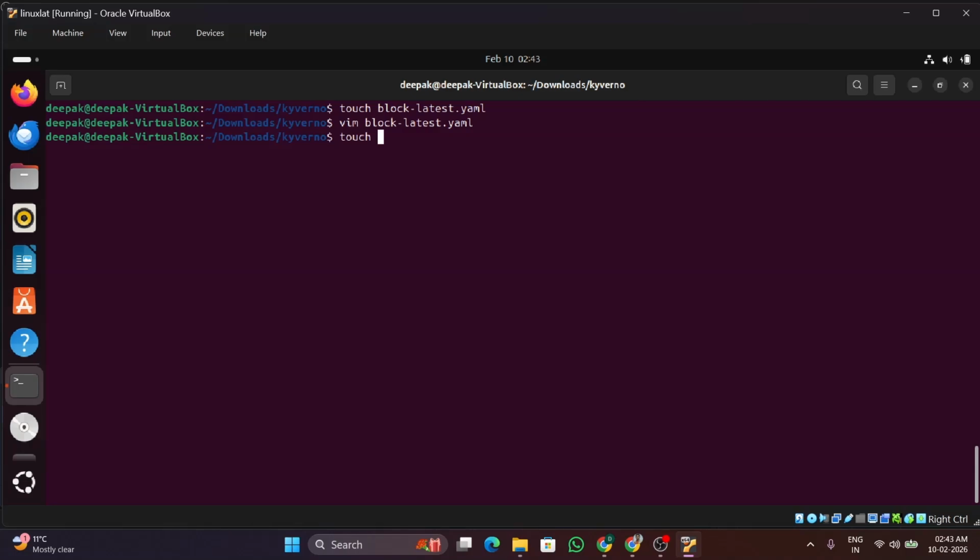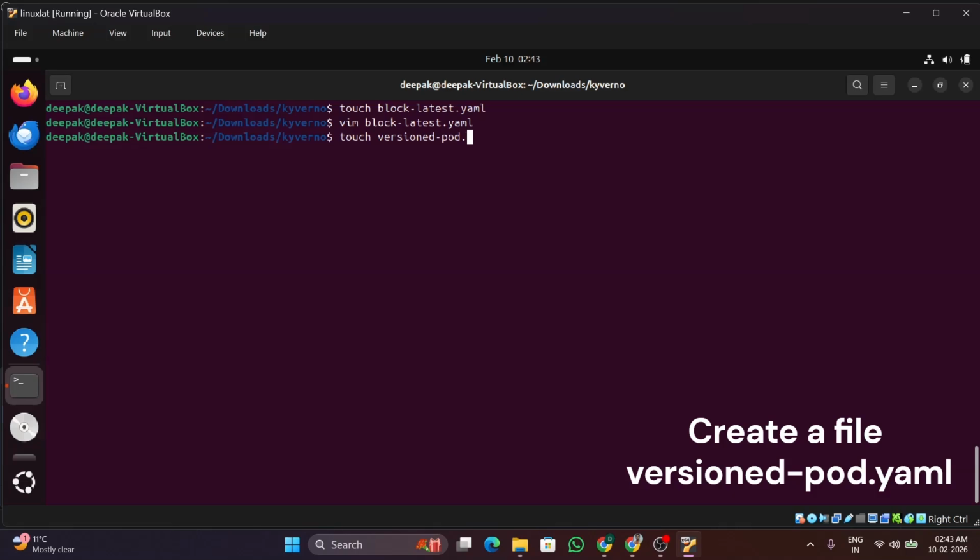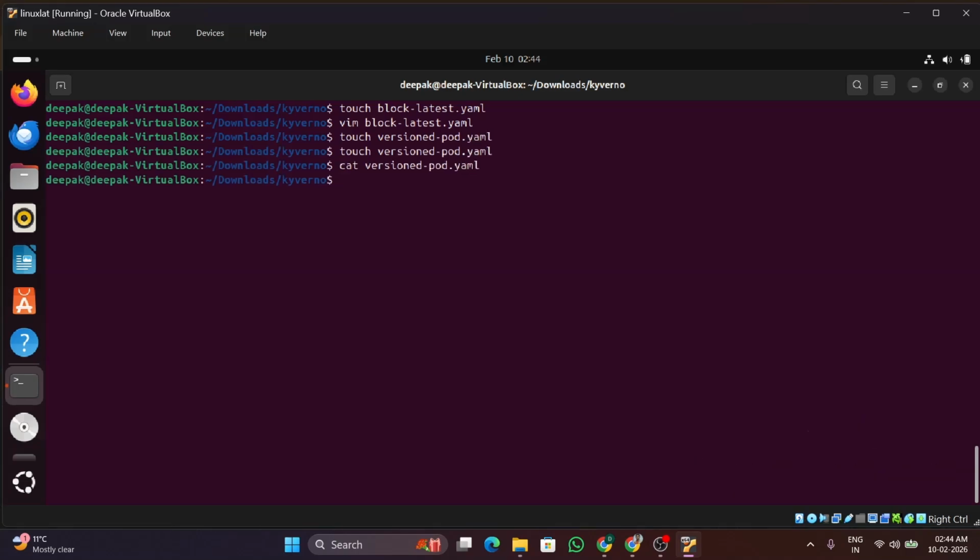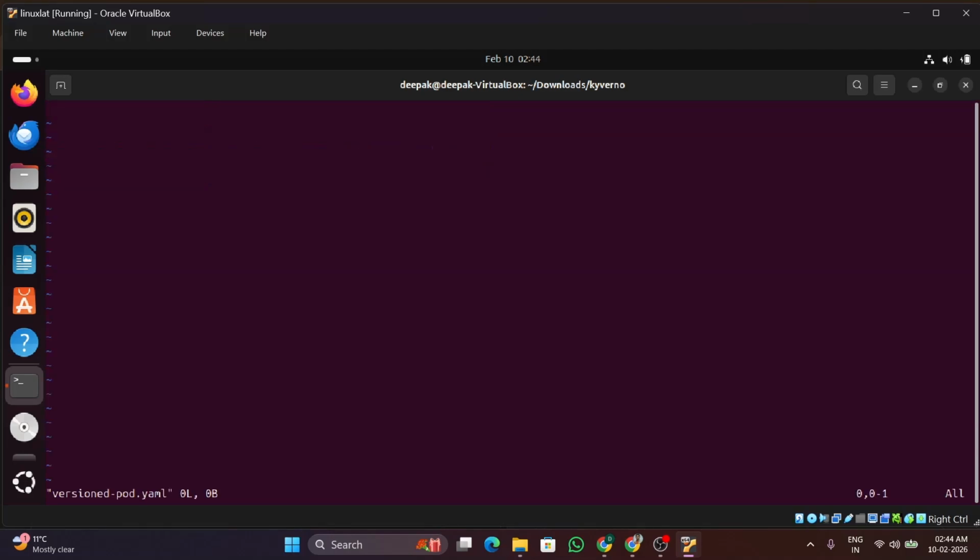and create a new file, version-pod.yaml. So here is the file version-pod.yaml. In this file, a version tag is specified. This is not the latest tag, but this pod uses nginx 1.19, a specific version. This is a good practice. This should pass. So now let me save this file